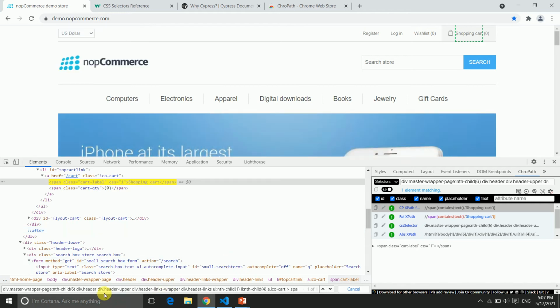Suppose it takes like div, that means this path is coming from the parent node, so you can cut it from anywhere and make it based on your feasibility. You can make it short and use it. So now this is our ChroPath, which is the Chrome extension, and this is the secondary way for the CSS selector.